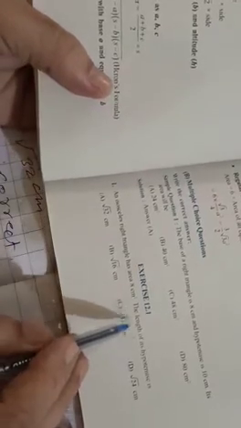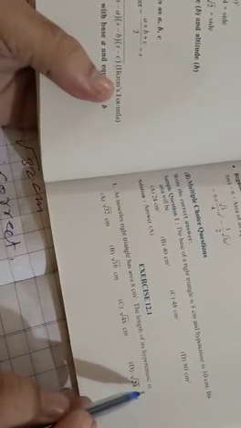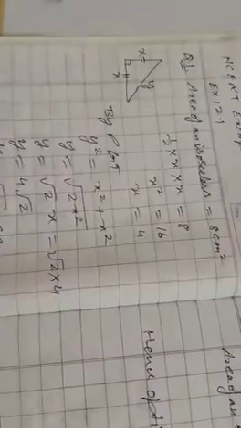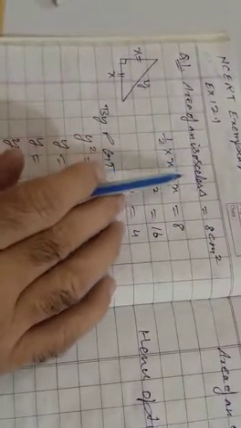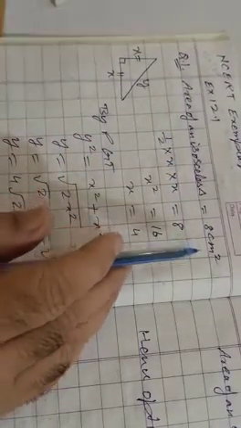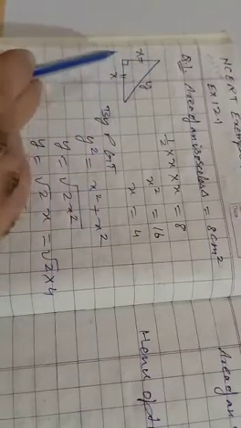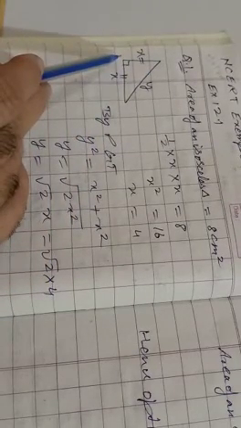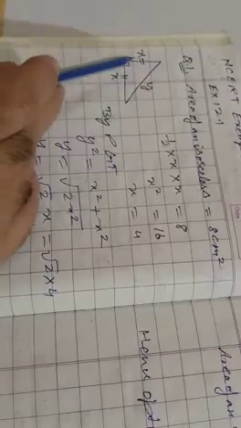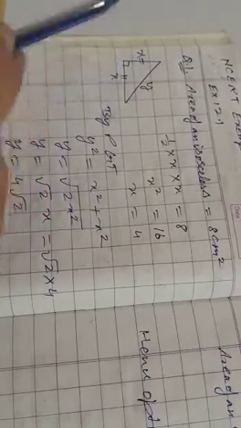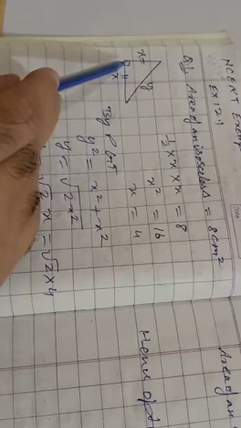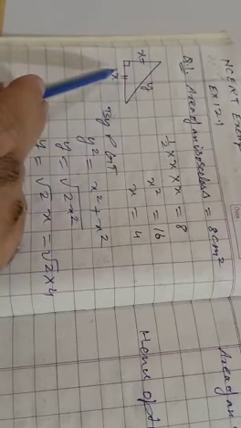An isosceles right triangle has area 8 cm square. The length of its hypotenuse is? Area of the isosceles triangle is equal to 8 cm square. This is your given. We draw a rough diagram of the isosceles triangle. Two sides are equal, so we say x. And this is your right angle triangle, so y is the hypotenuse.